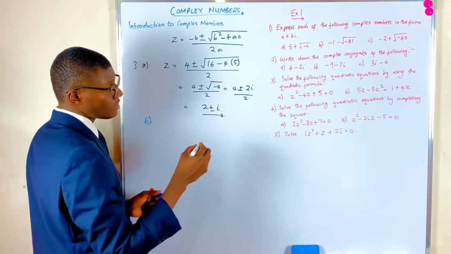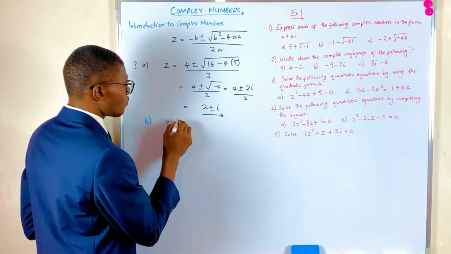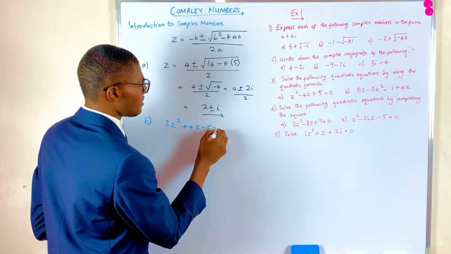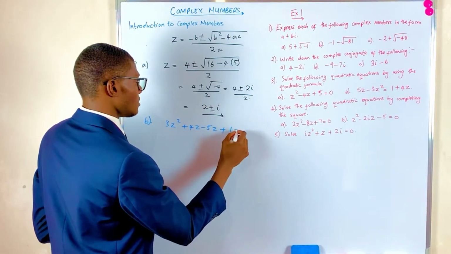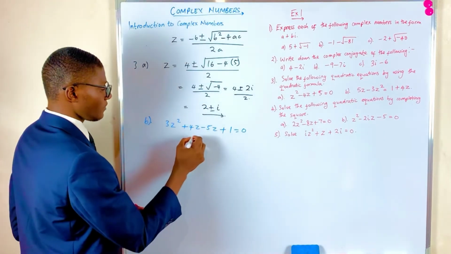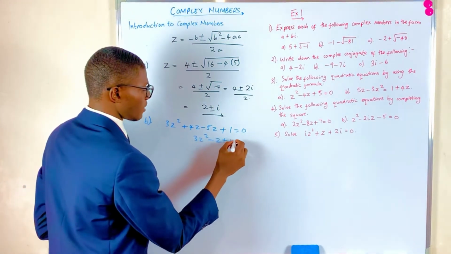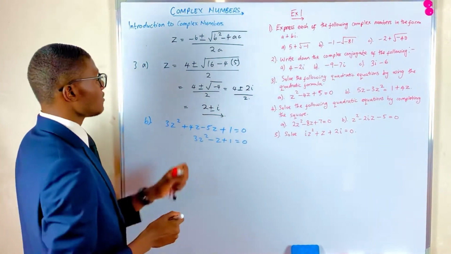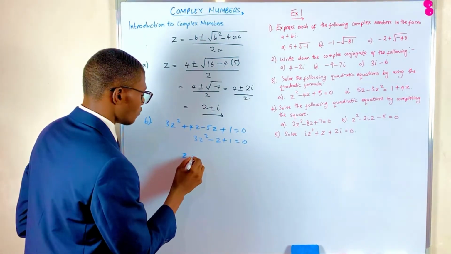So we have to take everything to one side. So 3z squared plus 4z minus 5z, then plus 1 is equal to 0. Then we get 3z squared minus z plus 1 is equal to 0. Like this. So now if we solve for z using the quadratic formula, we say that z is equal to